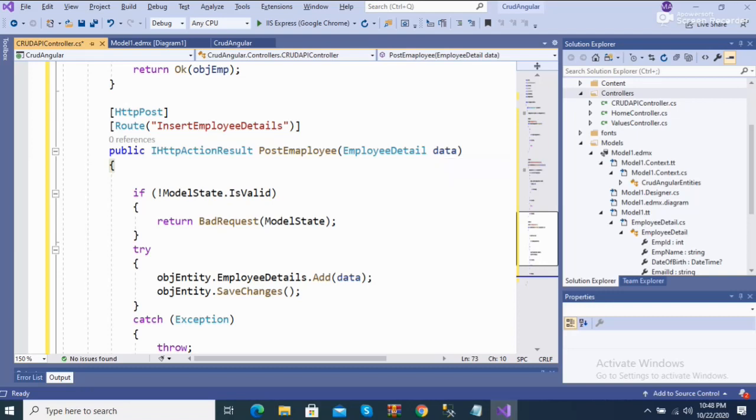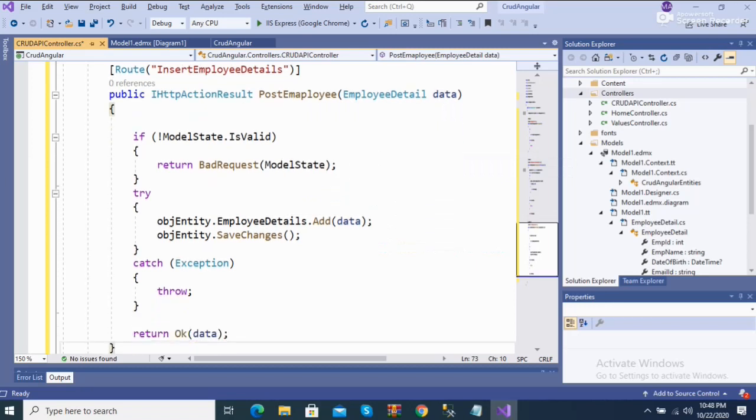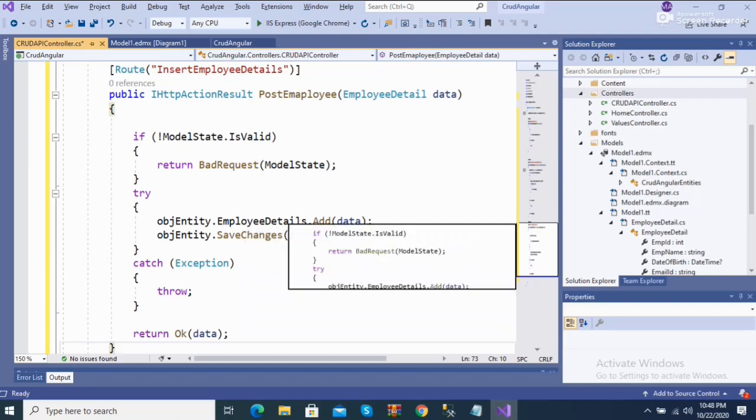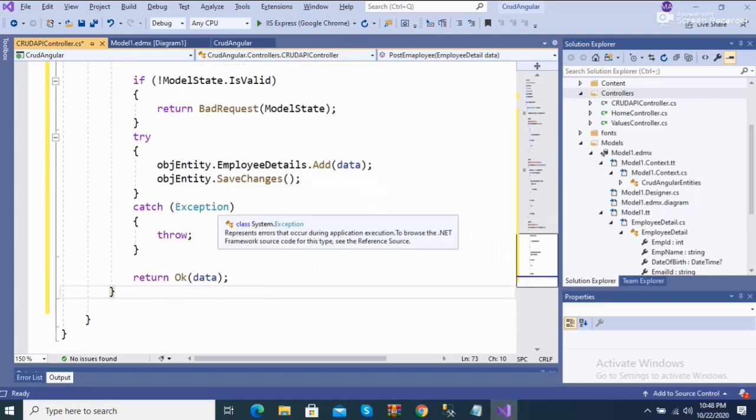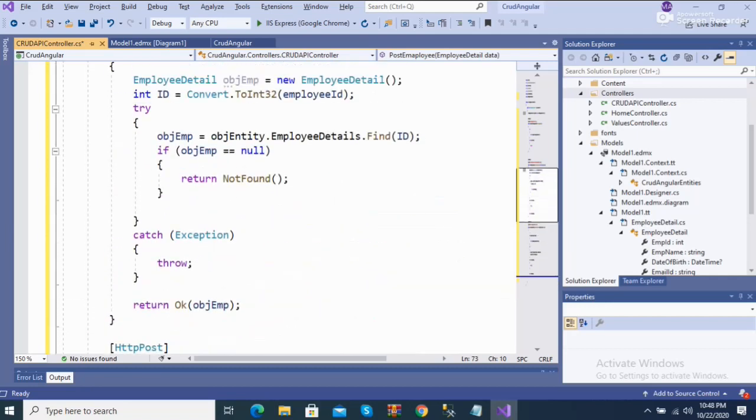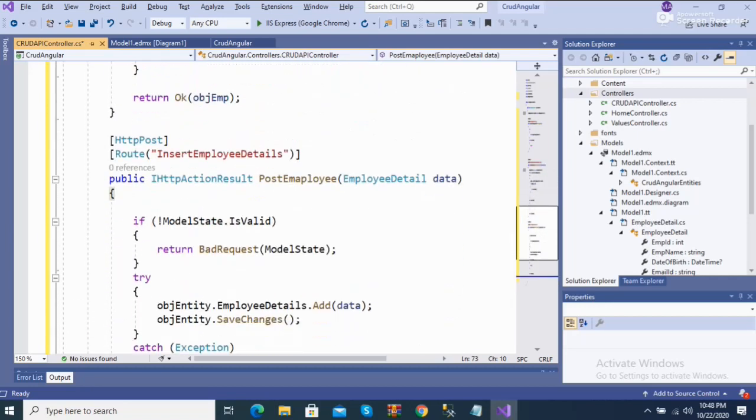Here you can see the ModelState: is it valid? If not, it returns a BadRequest; otherwise, in the try and catch, it adds the data to the entity object, and the SaveChanges method inserts the record into the database. After this, we add another code called InsertEmployeeDetails.